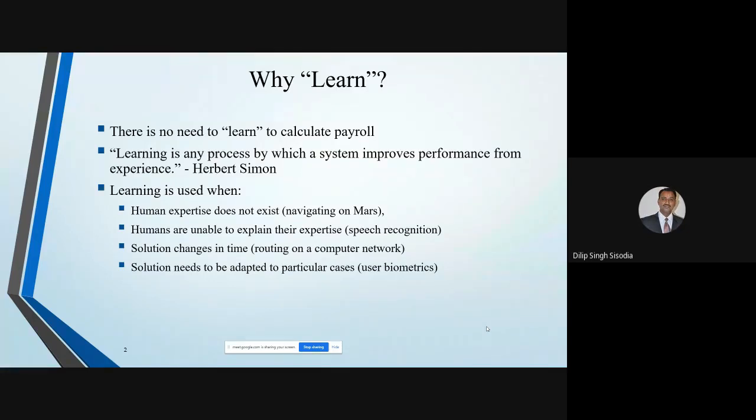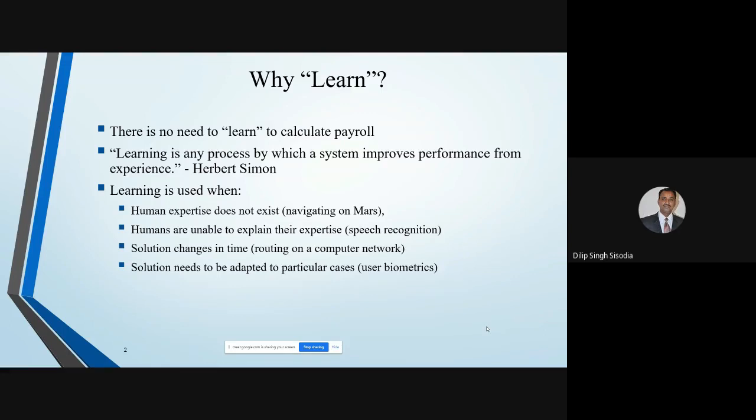In machine learning, this learning through data or experience is used when there is no human expertise, or human expertise does not exist. There are situations where human expertise is totally unknown, like navigating on Mars. We can fit this learning into robots, and these robots can be deployed on such unknown places. Also, humans are unable to explain their expertise,